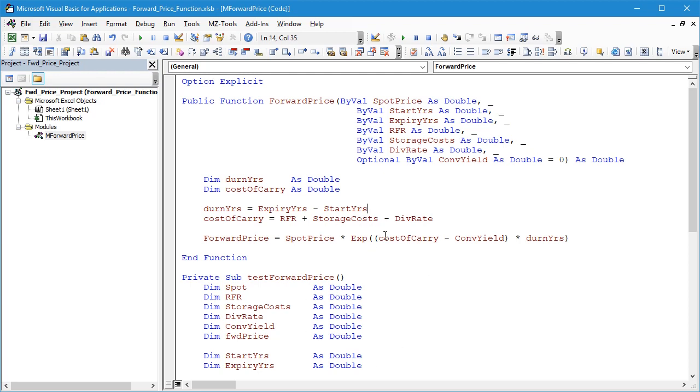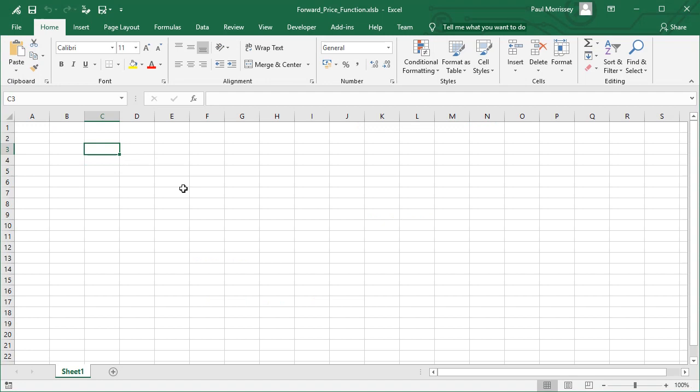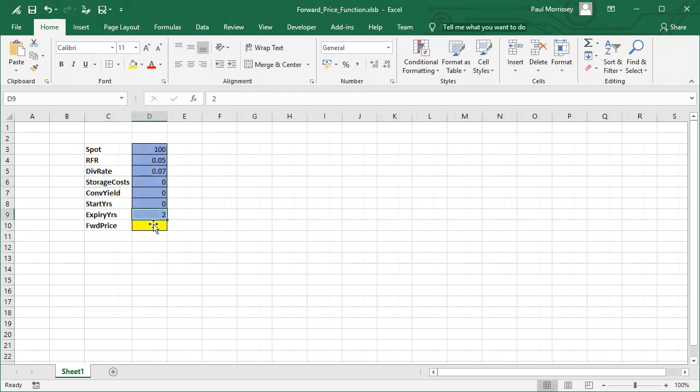So let's go back to our worksheet. And what we'll do is we'll list our various inputs. So all I've done here is on our worksheet, I've created an input cell for each of our inputs that we need for our function. And in this cell, I'm just going to actually input an equation which uses the function to calculate the forward price. So we'll say equals